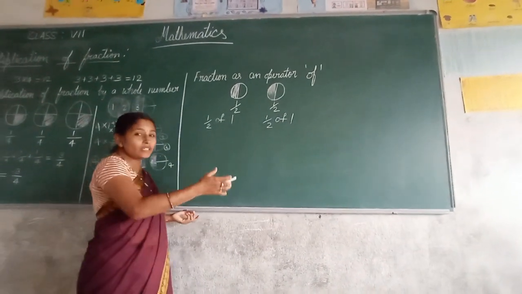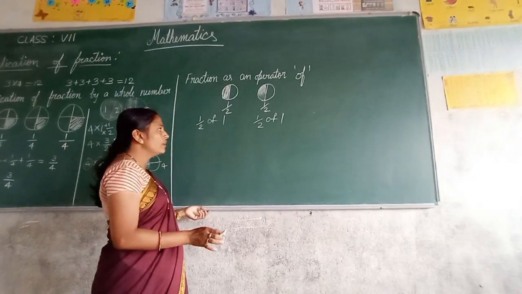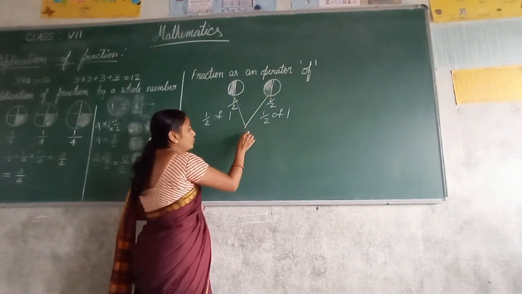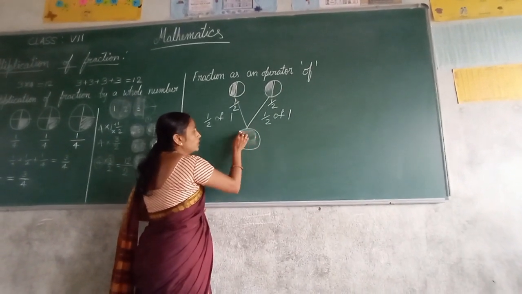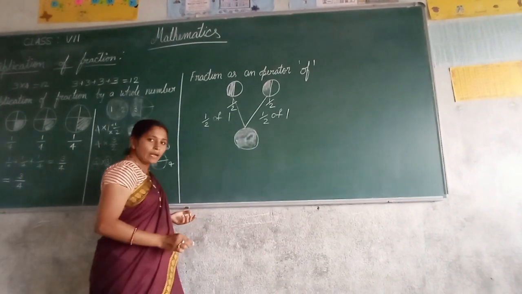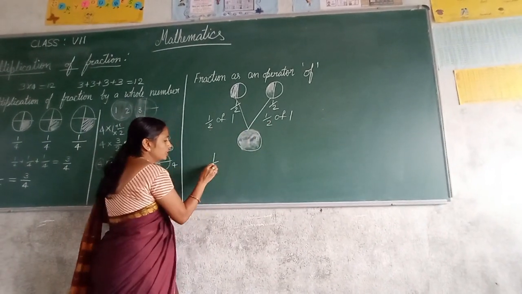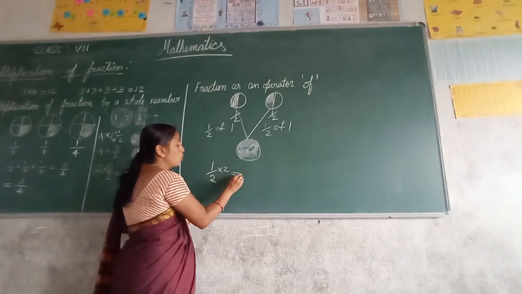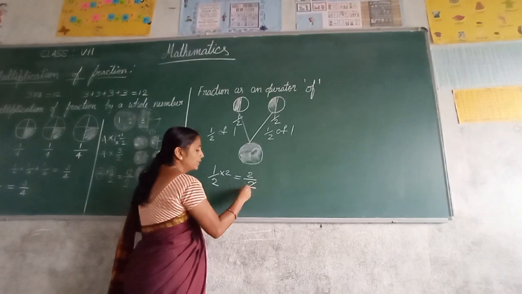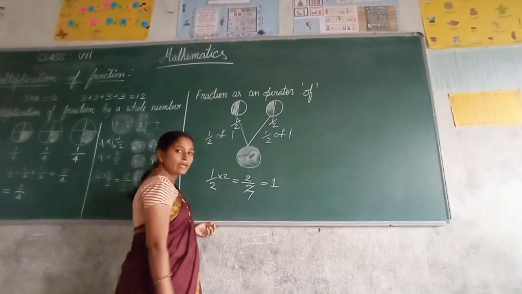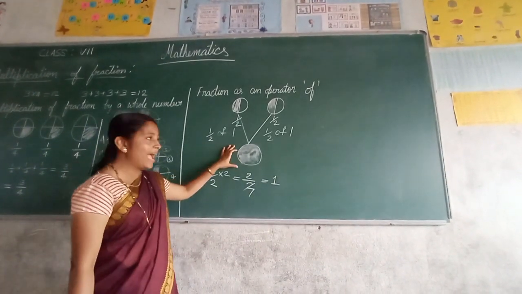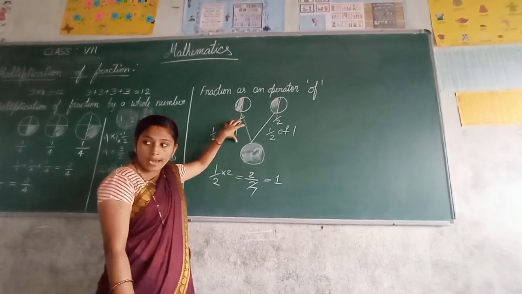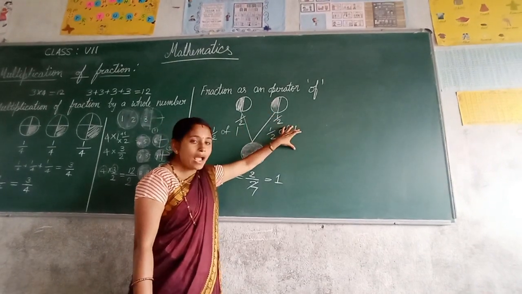Why does of mean it is a part of the given picture? If I put both together, it becomes a complete half. Half is repeated how many times? 2 times. I mean you have to multiply it by 2. 2 ones are 2. Then it cancels. You will get the one complete picture. Hope you understood that half of 1 means this half is of one item. This half is of one item.